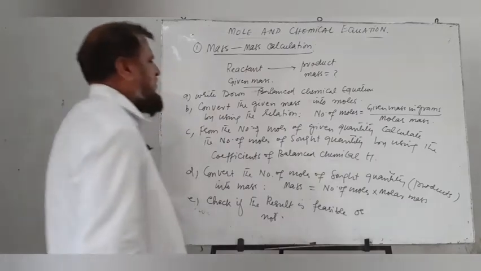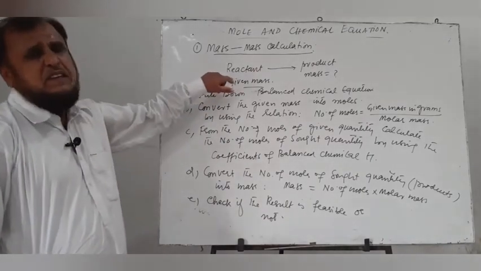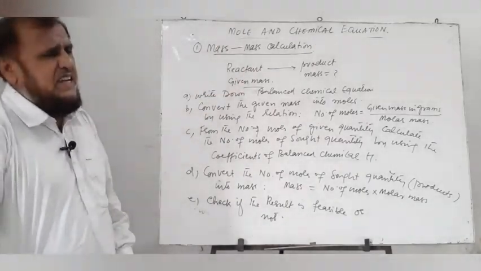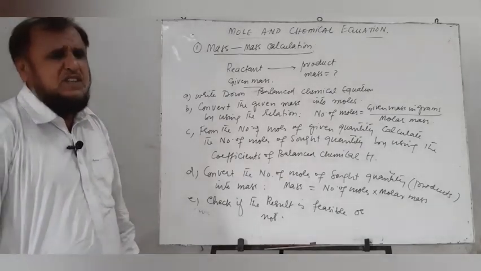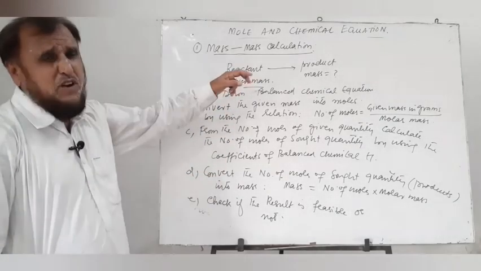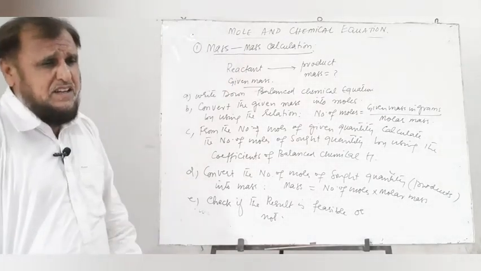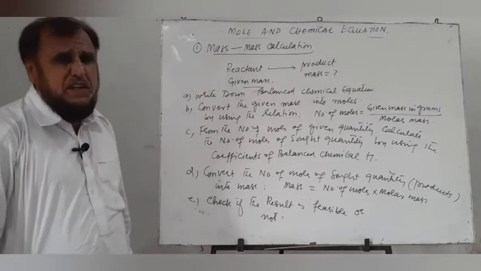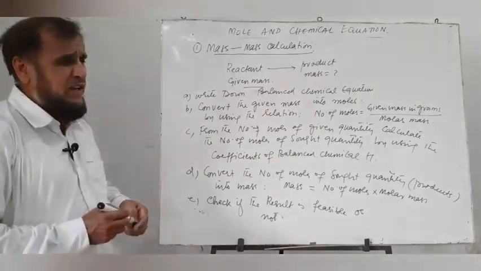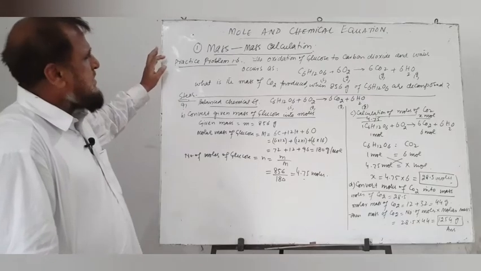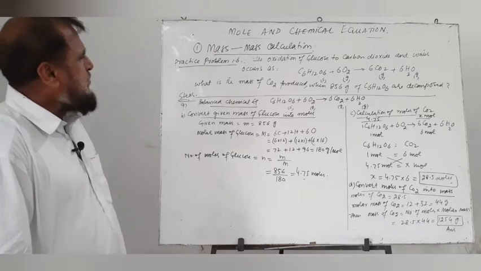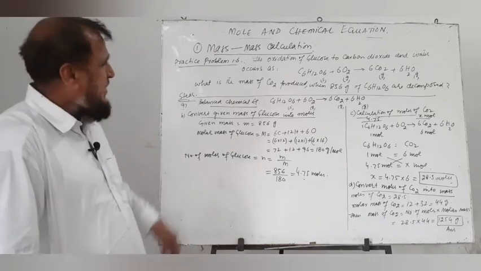For example, if the given quantity is 1 gram and we get the result that 1000 or 2000 or 3000 grams of product will be formed, as there will be a large difference between the given quantity and the calculated quantity, it may not be correct and we will perform the calculation again. Let us consider an example to explain the different steps of calculation.